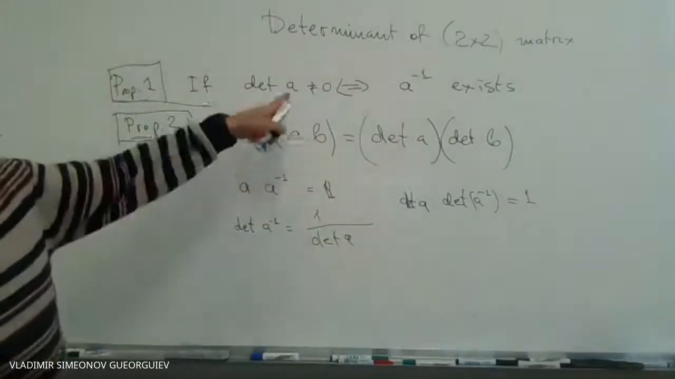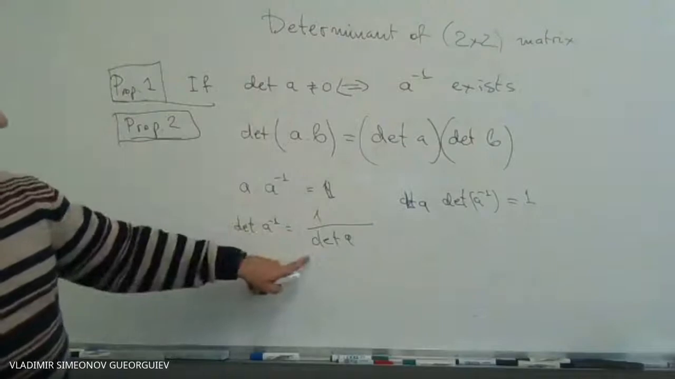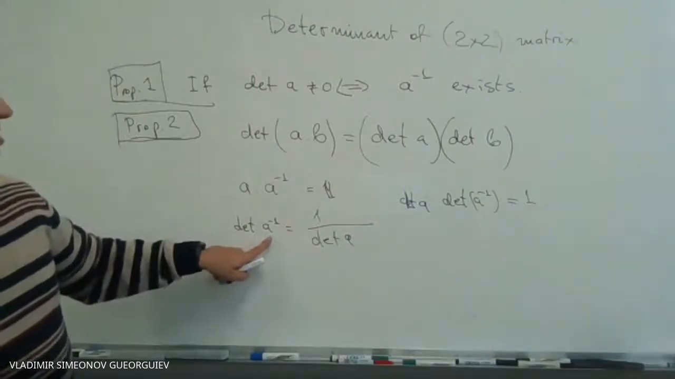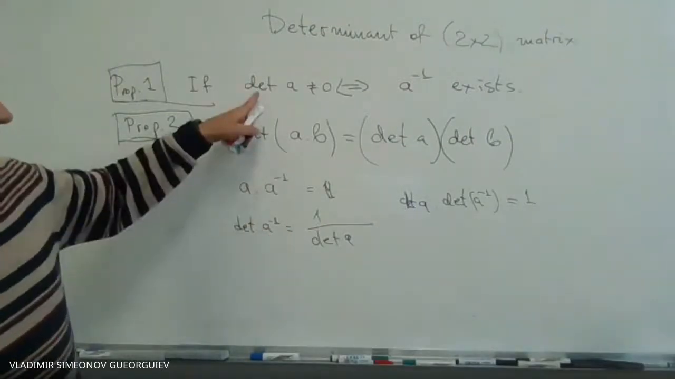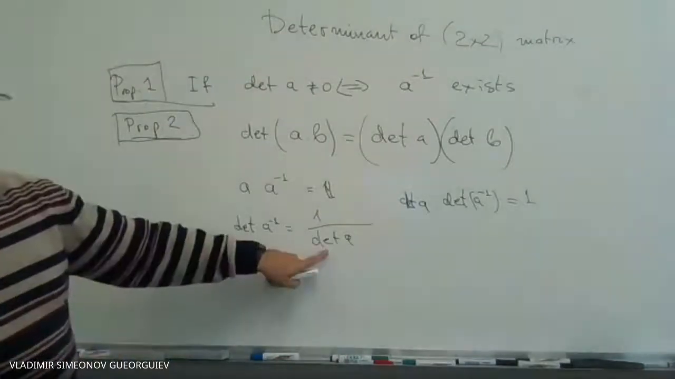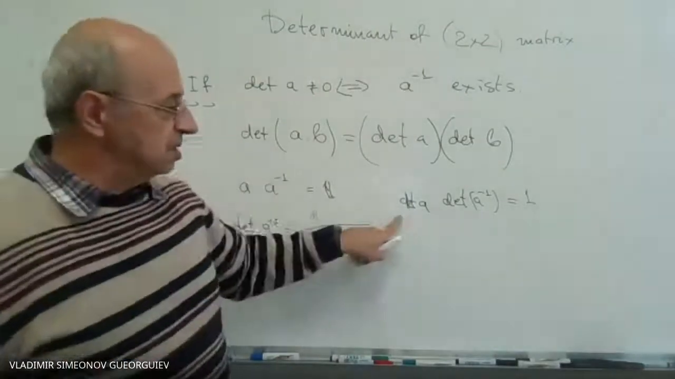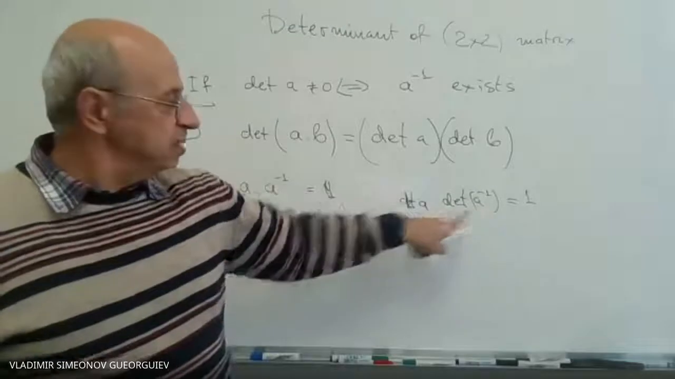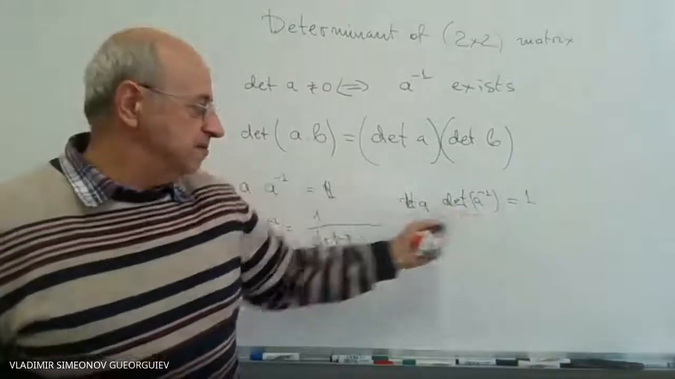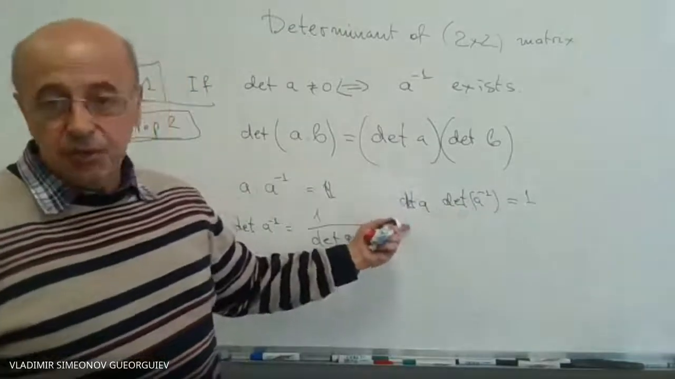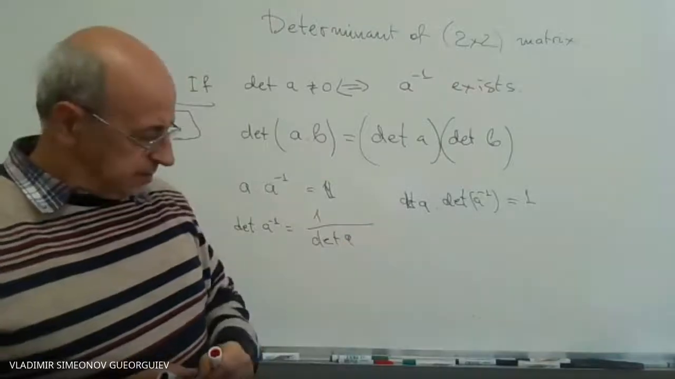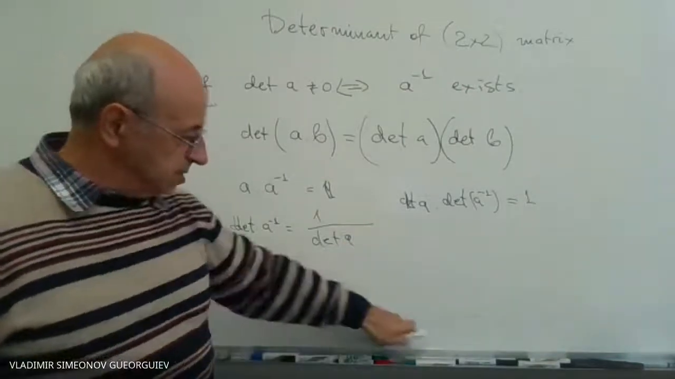This explains why, if this exists, then this denominator shall not be 0, because you look here. If this exists, the product is 1. Therefore, this shall be not 0. And in this way, we can say that